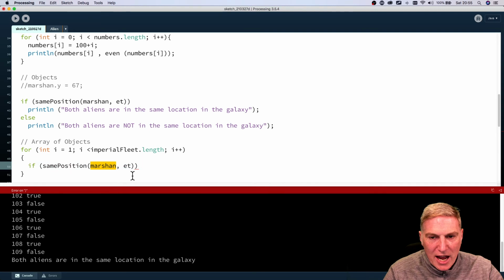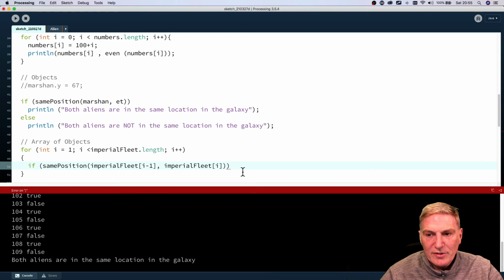So I'm going to check the Imperial Fleet, which is the name of my array, which I can get from there. And the position that I want to check is I, which is 1, minus 1, which would be 0. So I'm checking the first element of the array, and I'm going to compare it with the second element of the array, which will be that. And instead of I minus 1, it's just I. So it's checking position 0 and position 1. We're comparing those two positions. Okay. And if that returns true, that means they have the same properties, they're in the same position, then